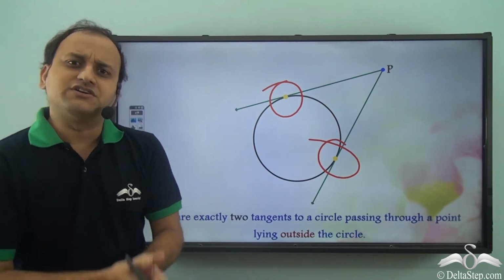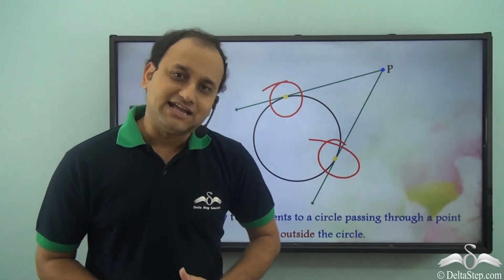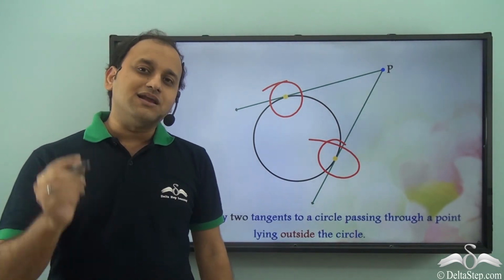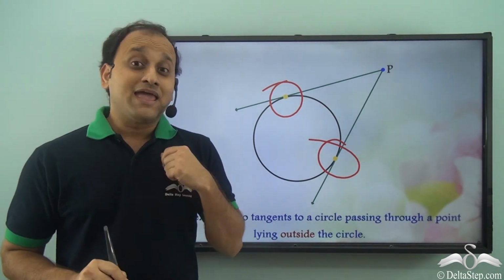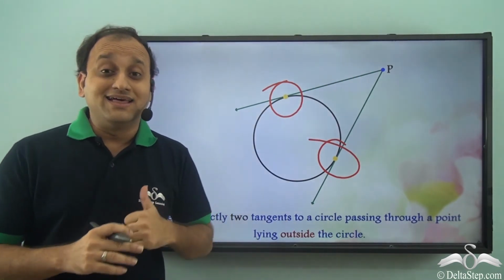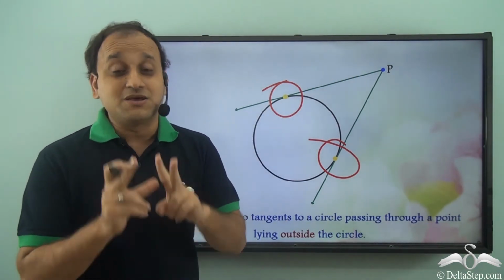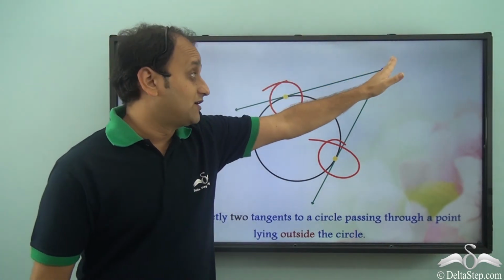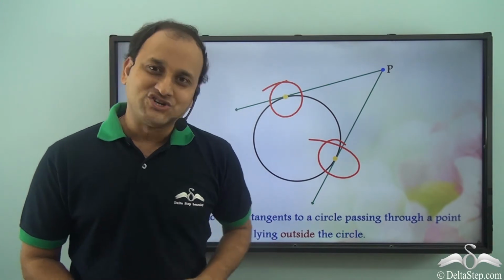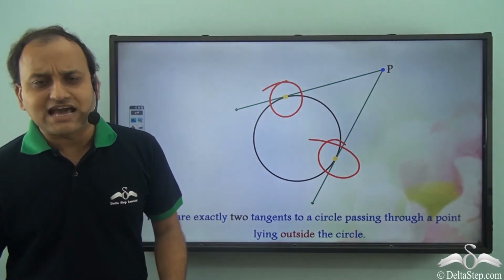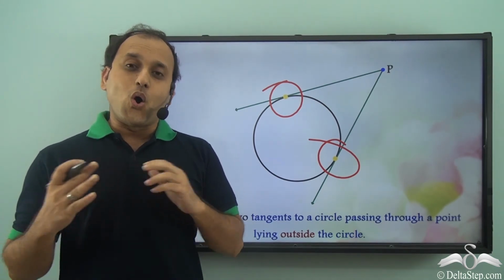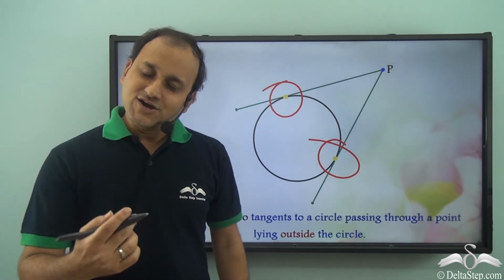So these were the different properties of tangents. That is, tangents will always touch the circle at exactly one point, and if the point lies outside the circle, then there can be two tangents passing through this particular point which will be tangents to one circle. So these tangents are very interesting, and try to discover more tangents all around you in different objects.